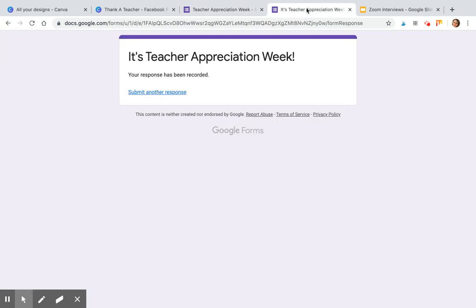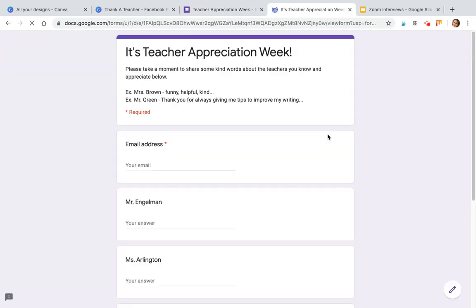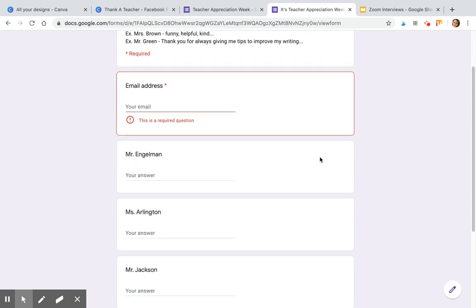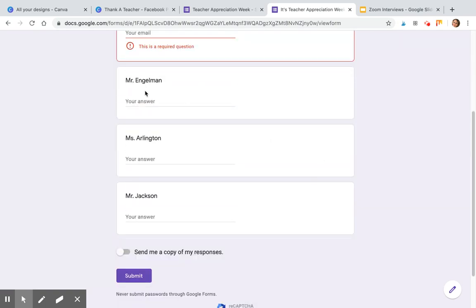So here's what it looks like when you send it out. Somebody opens up the link and here's what they find, captures their email address, which is required here. And then this is where students get to enter in their feedback. So let's say this one is